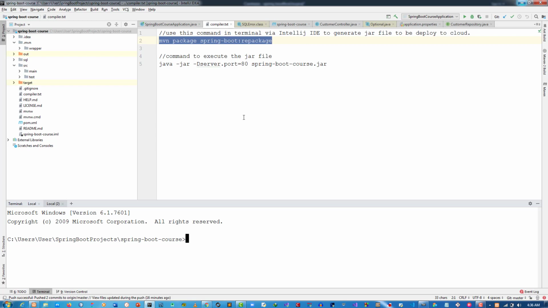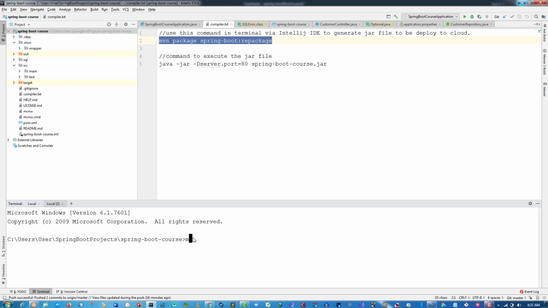So now, for us to achieve that, we need to build a standalone application that does not require us to launch our IDE before running the application. For instance, if you want to deploy the app to the cloud, to the hosting service provider that we are using, the first thing we need to do is generate the jar file, and for us to achieve that we are using Maven, and the command to achieve that is